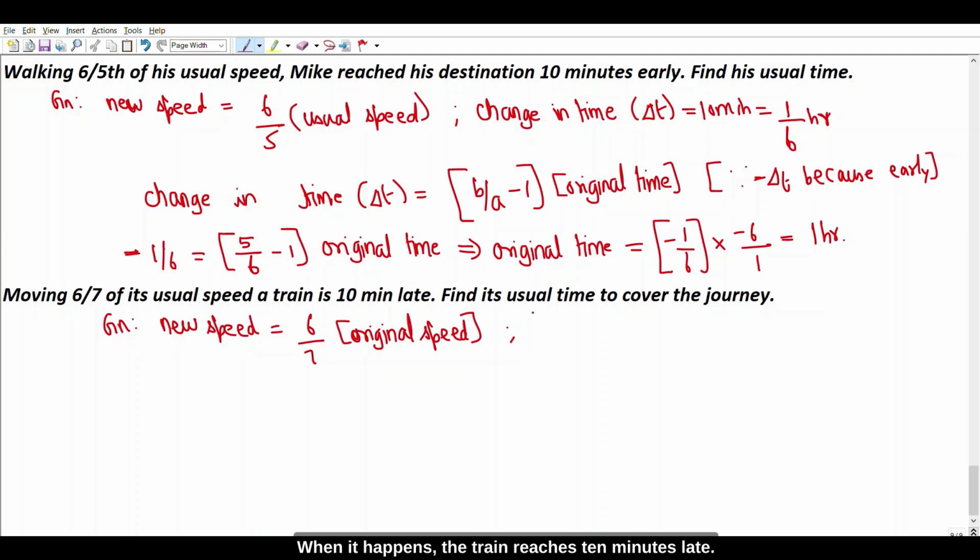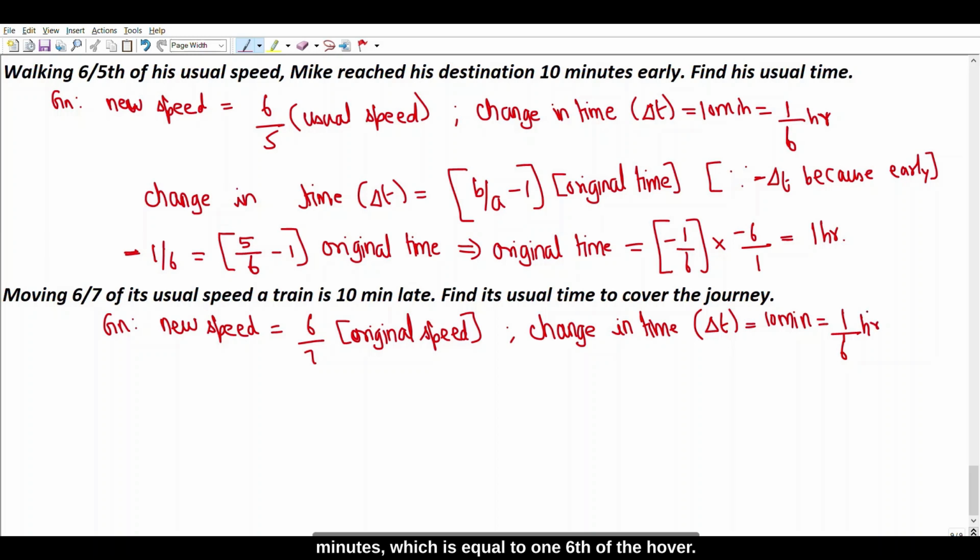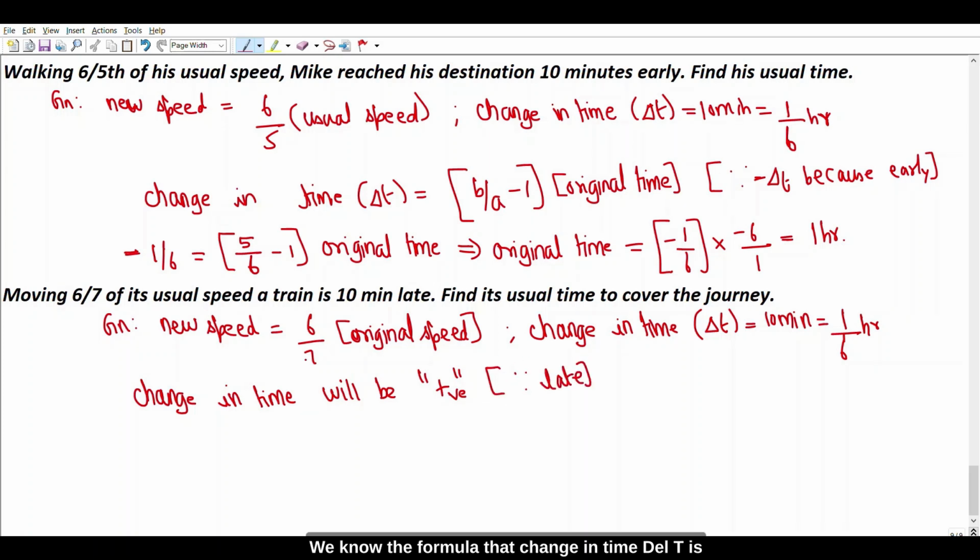When it happens, the train reaches 10 minutes late. Therefore, change in time del t is equal to 10 minutes, which is equal to 1/6 of the hour. So here, change in time will be considered as positive because of delay. Positive because of late. We know the formula that